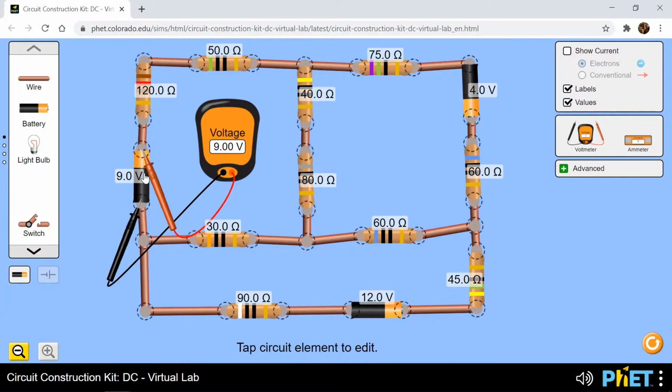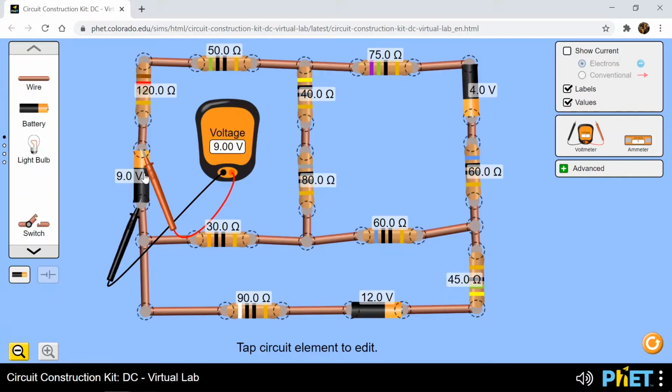Once you've completed measuring the battery voltages, then you'll want to make measurements of the voltages across all of the resistors in the circuit. Now, the resistors do not have a designated positive and negative side until you place them in a circuit. And normally when we have a circuit like this, you can't actually see right off the bat which direction the current